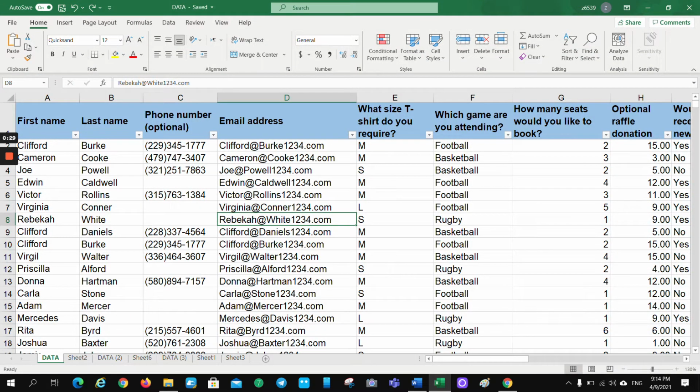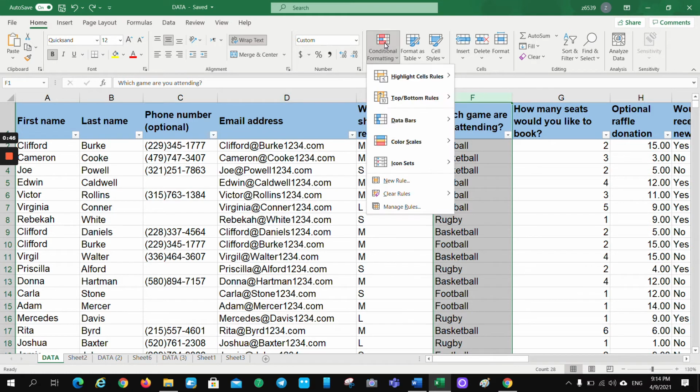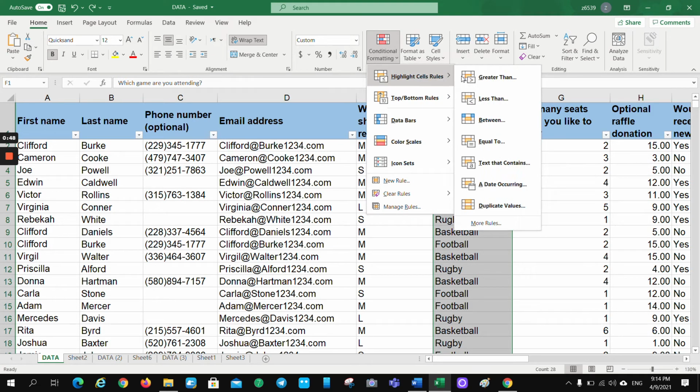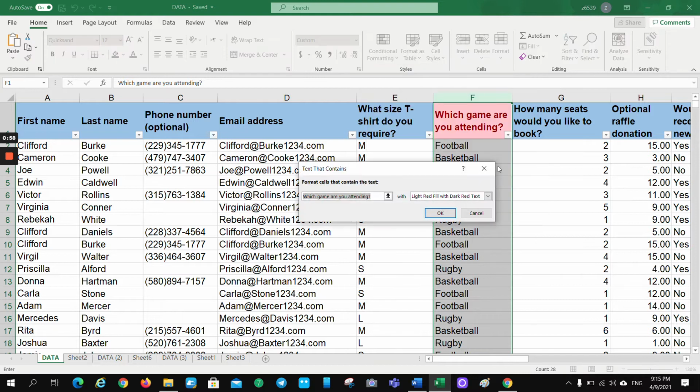See, this is my data. It's very simple. For example, now in this column, we have the words football, basketball, and I want to make the changes here so that wherever there are footballs, all should be green. So I will go to conditional formatting, highlight cell rules, and then you have certain options: greater than, less than, between, equals to, and text that contains. Just click on this one.